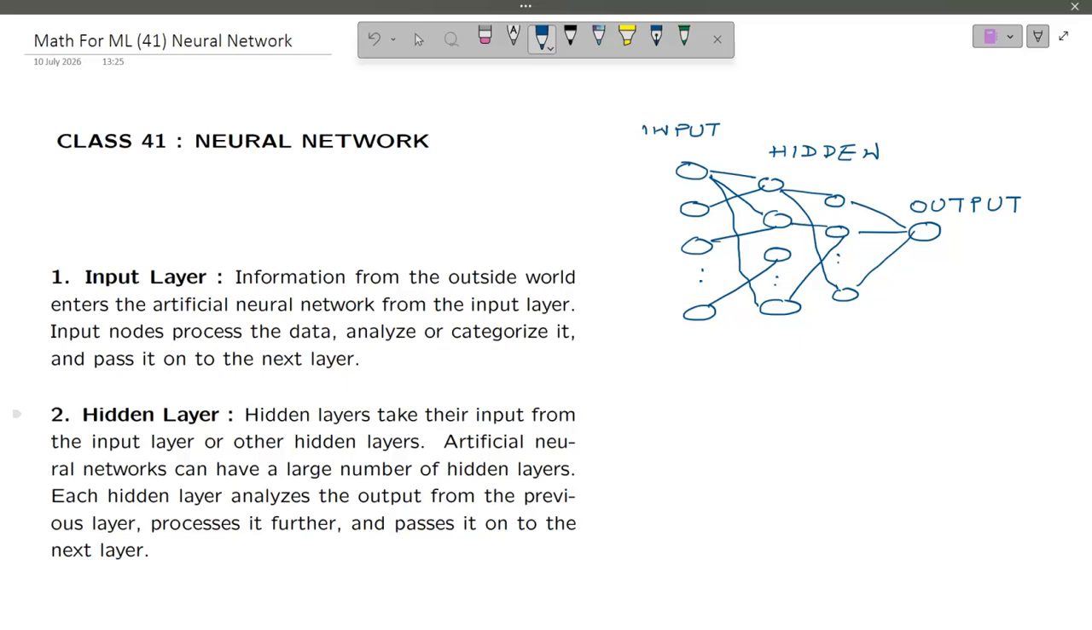So data is coming to input nodes from the world. Input node is accepting the stimulus for neurons of brain or the impulse from the outside world, and then each edge has a weight, W1, W2, W3,